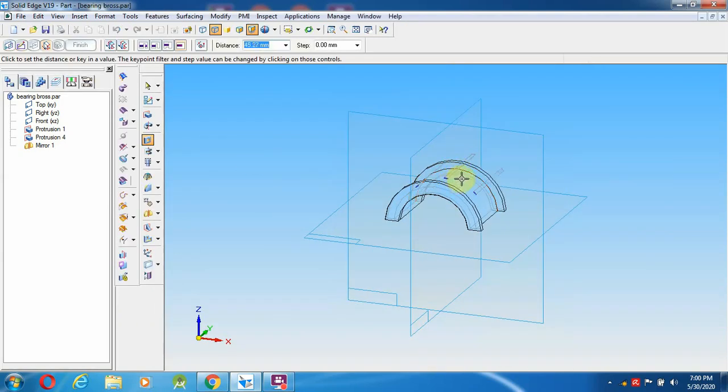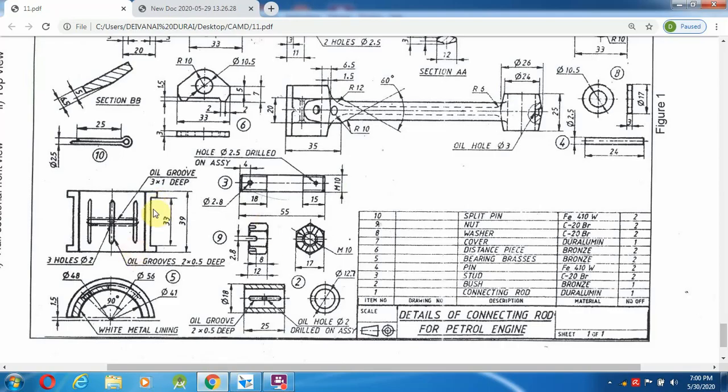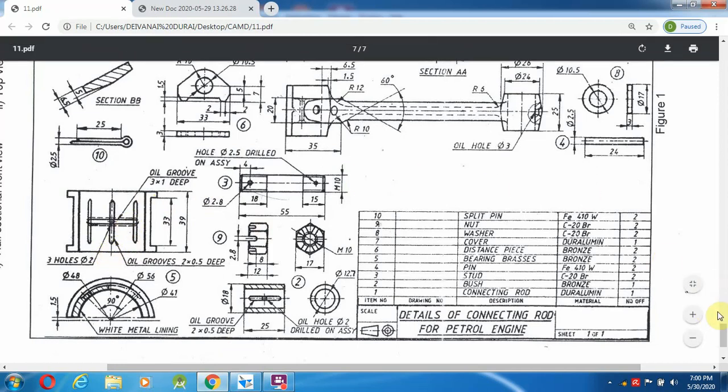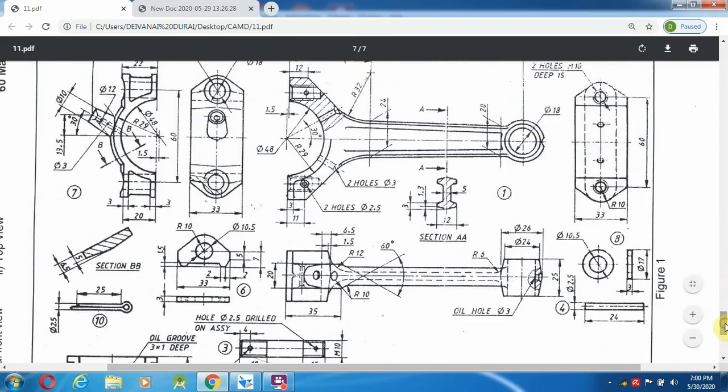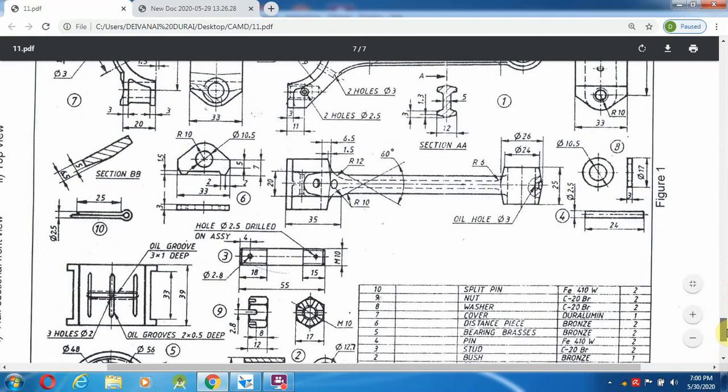So this it has to come from symmetry extent. So the dimension, the length is not given over here, so you can take the one. So already we gave 10 mm deep, we have selected somewhere where we selected at 10 mm.